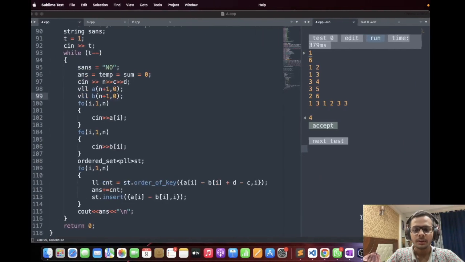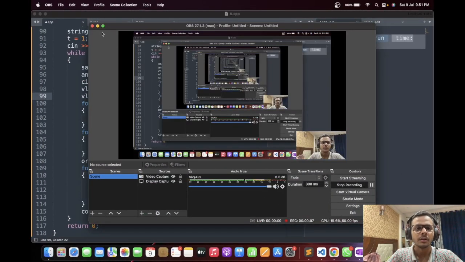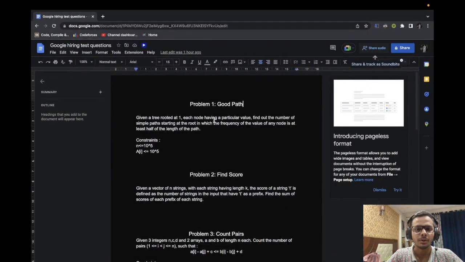So today I'm going to be discussing the solutions to this Google online on-campus coding round, which was held today in a few of the colleges. Now I did not appear for this round as it was not held in my college. So the placement at IITs mostly happened around December. So the test in my college would be held later on, but in a few of the colleges Google conducted the